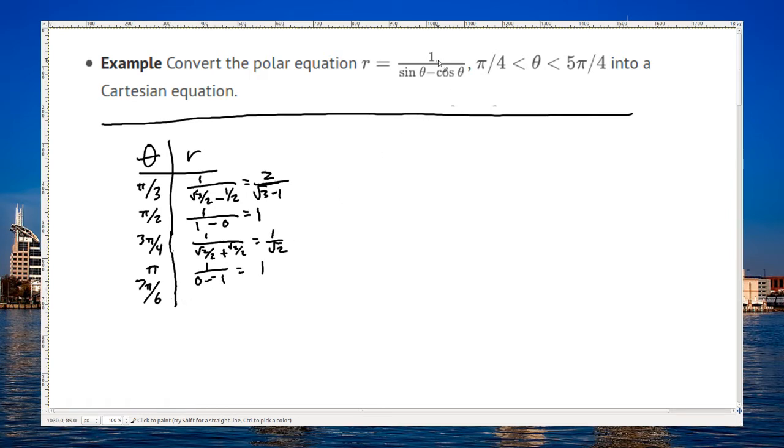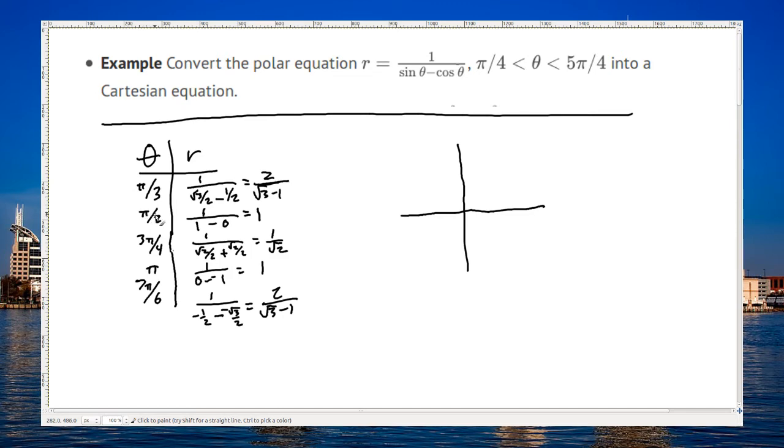And then for 7 pi over 6, I would get negatives for both of those, negative 1/2 for sine, and negative root 3 over 2 for cosine, and so that would get me, bring the 2 up to the top, root 3 minus 1. And I'm not entirely certain of what that number is either, but